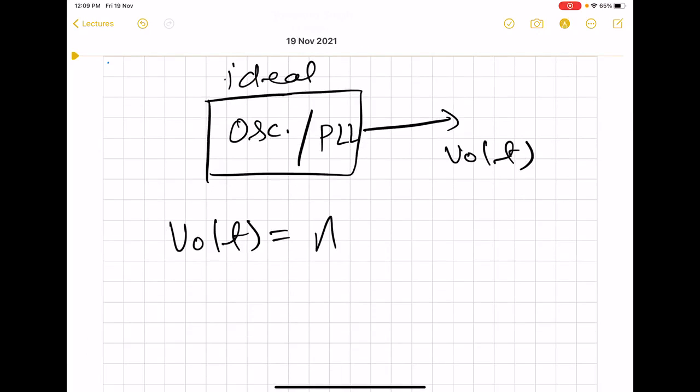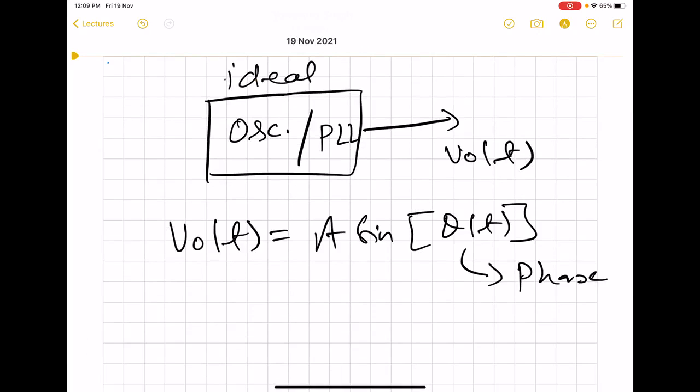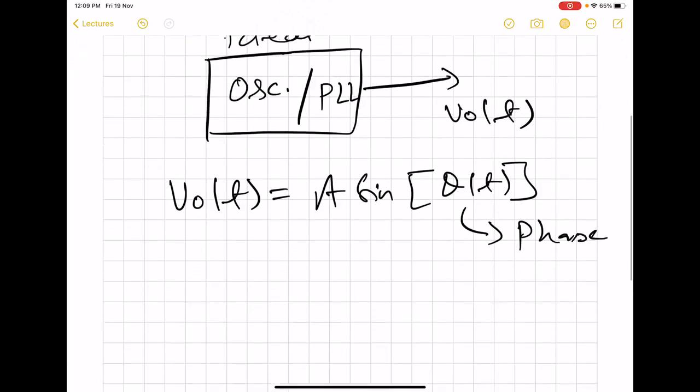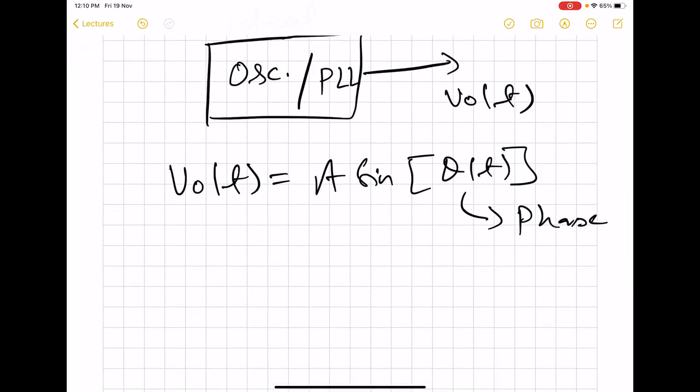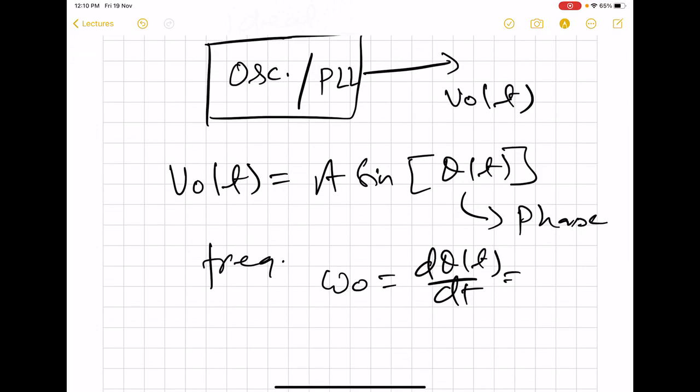Say, for example, it is sinusoidal. It will be given by this expression, where this is called the phase of this periodic signal. And the frequency omega naught is going to be the derivative of this phase, and this will be equal to 2 pi by T naught,